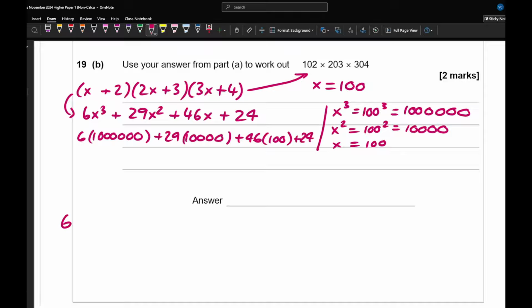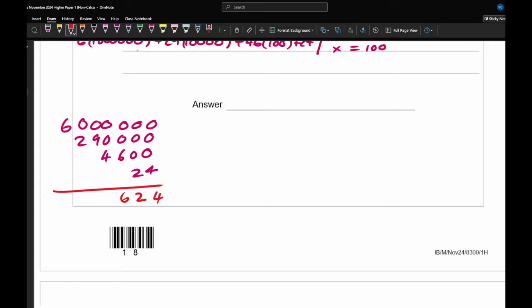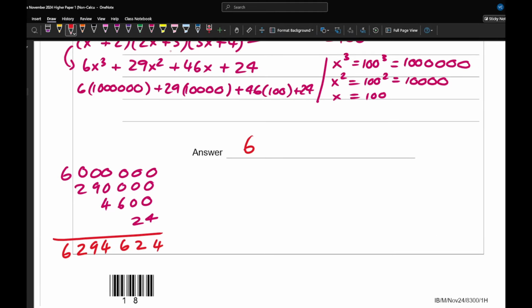So then working that out, I end up with 6 million. I end up with 29 times 10,000, which is going to give me 290,000. 46 times 100 is going to give me 4,600. And I've got 24. So from this, what I can then do is work out what all of those add up to become. So let me just make sure, yeah. And so adding all of those up, I'm going to get an answer of